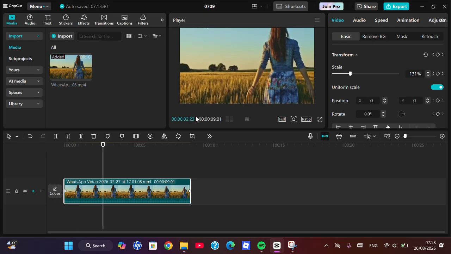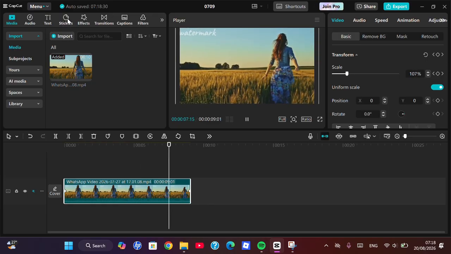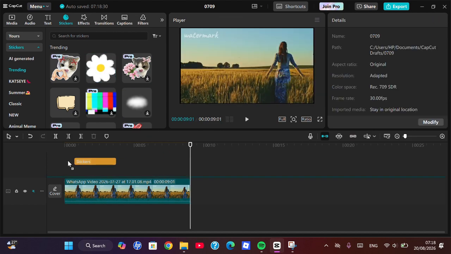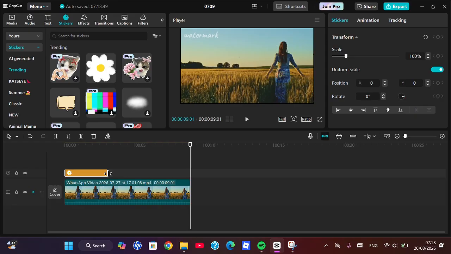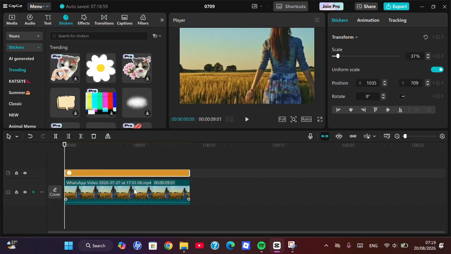You can also make a movement from the left to the side or vice versa. Or actually, you can also add keyframe to, for example, a sticker, and you can make the sticker move. Okay, like this. If you want to cover something with a sticker, you can also use the keyframe. Okay, I'm going to make the sticker follow the girl.